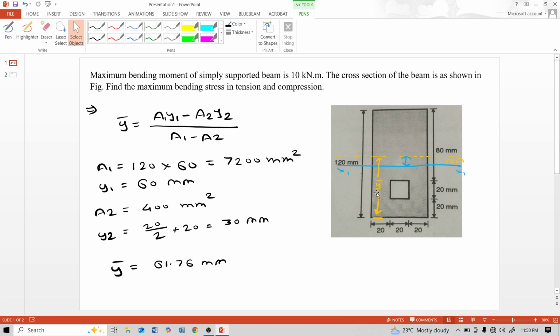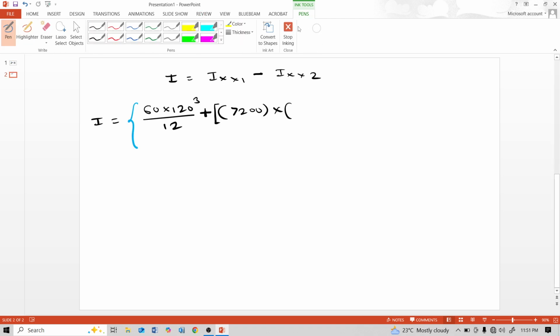This y bar is 61.76 and this distance is 60 mm. This y bar minus 60 is this distance. So 61.76 minus 60 mm, and the square of this, plus